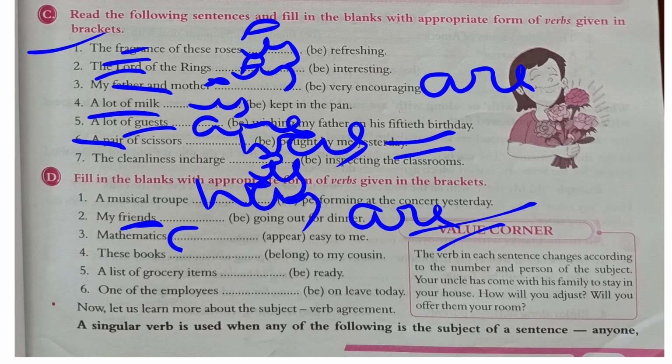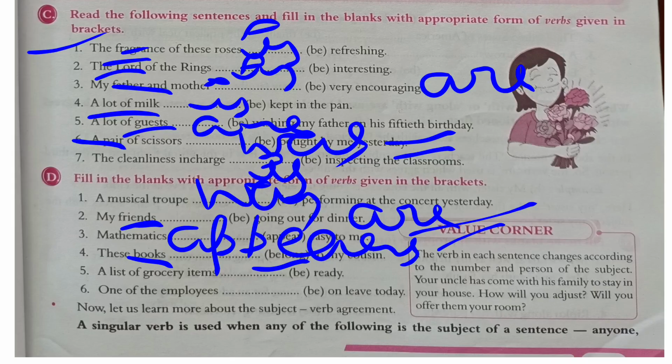Mathematics appears, because mathematics is singular, it's a subject. Okay, mathematics appears. These books, now since it is books, which is in plural form, we will use "belong" only; there will be no use of s and es. A list of groceries